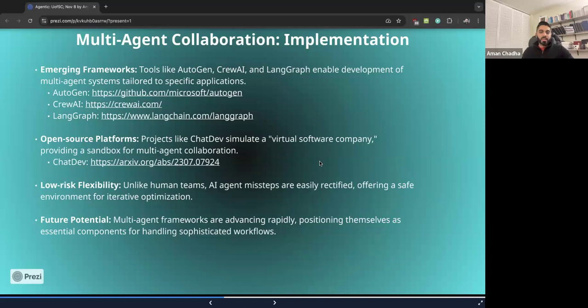This was one of the seminal papers, one of the initial papers that showed the possibilities of multi-agent collaboration. Now, the other aspect to discuss is that, like human teams, if there are any missteps with AI agents, you can easily rectify them. You can in fact list some of the most common issues that a particular agent might see as it's carrying out its specific task, and within the prompt, you could list certain common case failures and common case solutions as well.